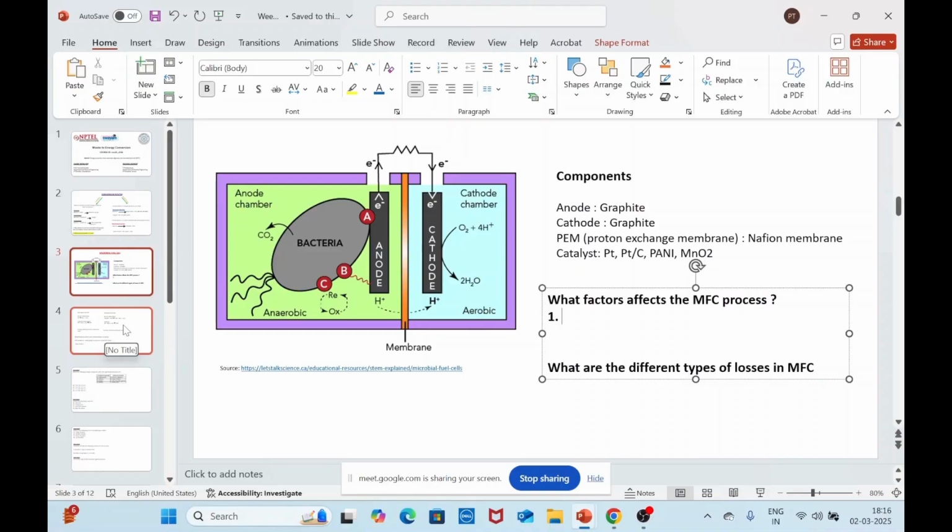Yeah, that is a different type of cell. So they are used up. So speaking from the research point of view, yes, it is still going on because, as I was saying, the predominant or interesting part of the research is the mechanism of electron transfer. They want to improve that process because, as you see, indirect transfer happens in many microbes as well. So they want to use different kinds of mediators so that the process efficiency is improved.